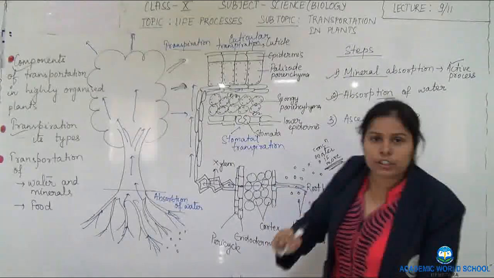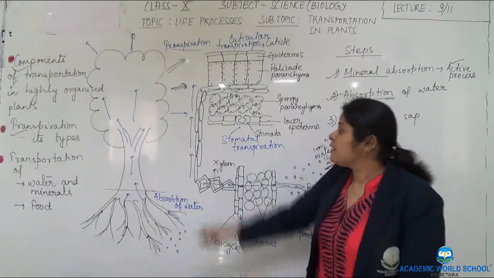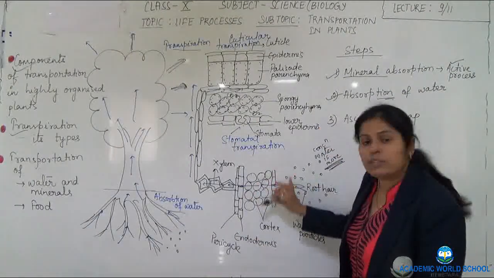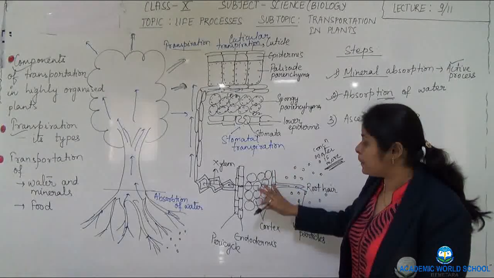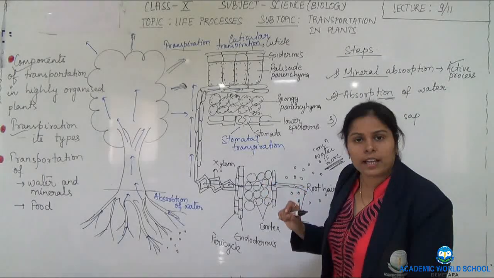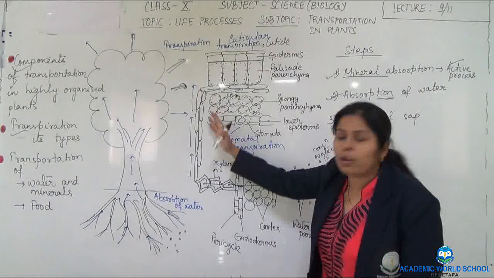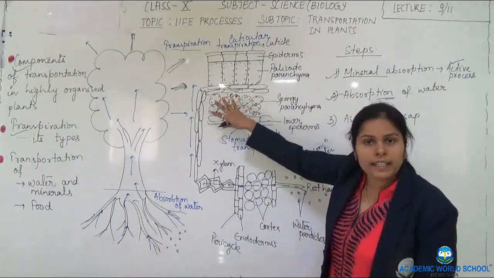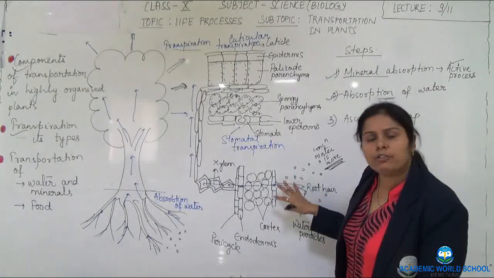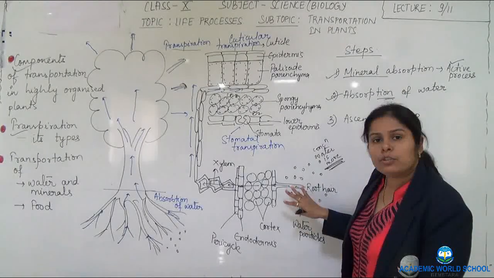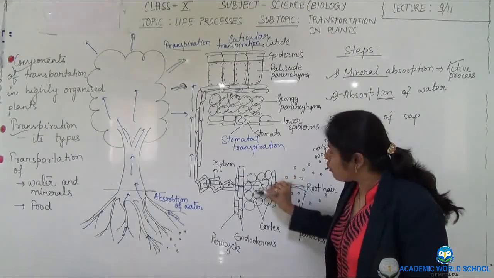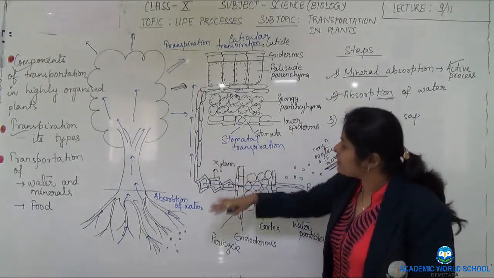Now if the plant is very short, herb kind, short heighted, say grass, transpiration pull is not required. What will happen? The roots are going to absorb the water. Now a positive root pressure will be created in the cells. Grass has a very small height. It does not need a transpiration pull or a suction pull. This is required only in tall plants. But in very short plants like grasses, the positive root pressure is enough to supply water to the different parts of the plant. The water will enter inside due to osmosis, and the water will travel. For short heighted plants, it's okay.